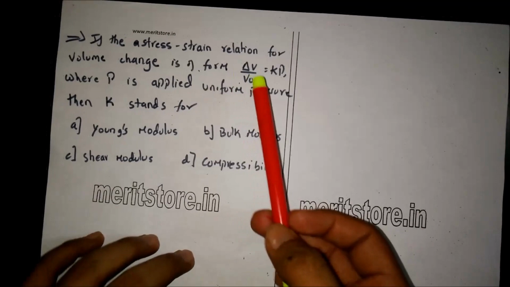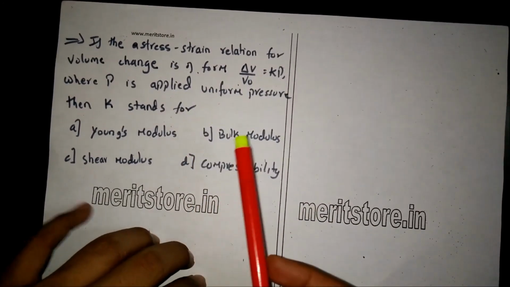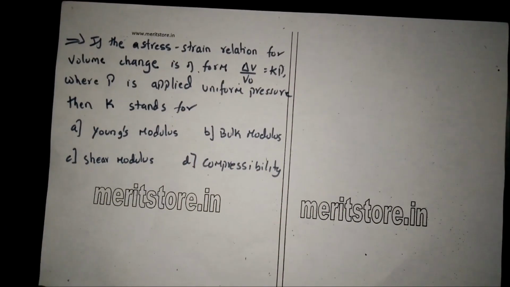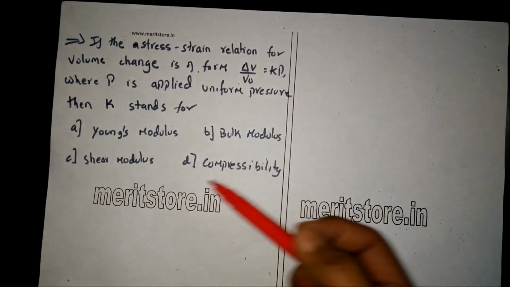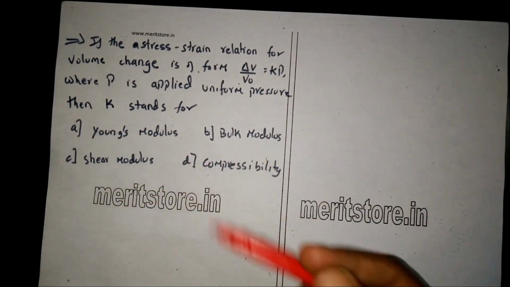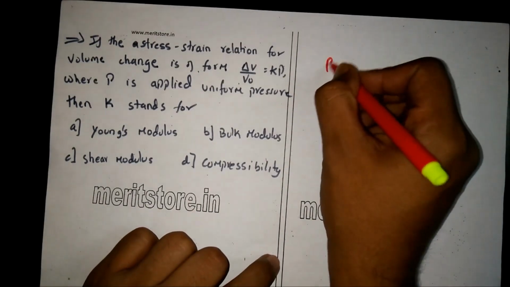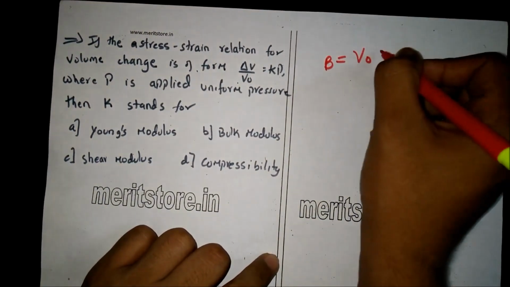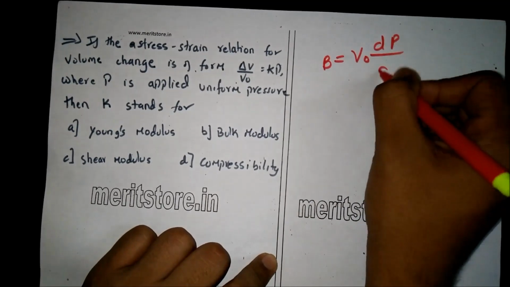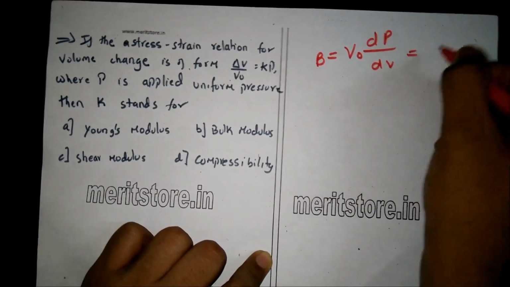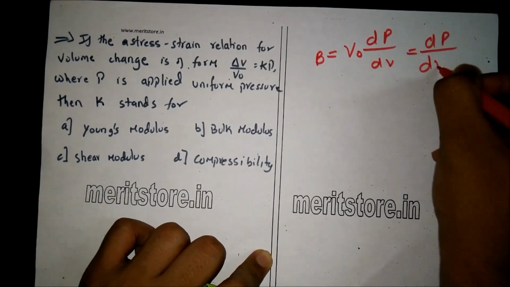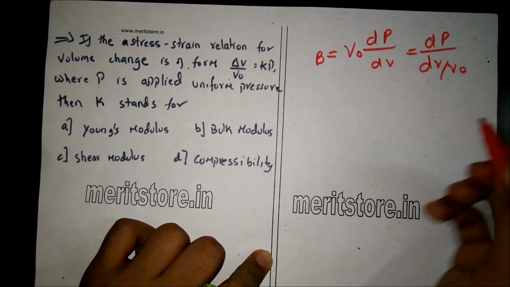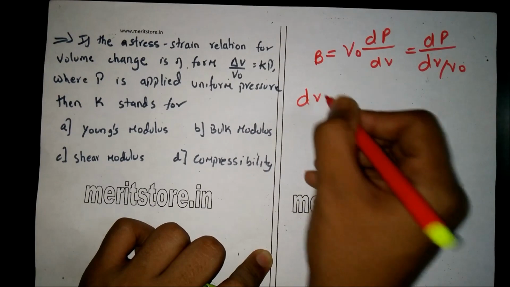If the stress strain relation for the volume change is of the form delta V upon V0 is equal to K into P, where P is applied uniform pressure, then K stands for, here are the options. Now the bulk modulus B is given as V0 into the change in pressure upon change in volume, which is equal to, if we take V0 below, we get dP upon dV upon V0. Therefore, we get dV upon